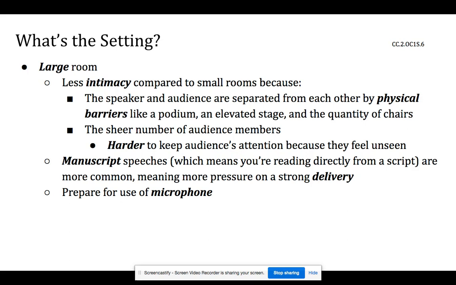And then lastly, for a larger room, prepare for use of a microphone. So you have a bigger audience, you have more people to project to. So it would be a good idea to call ahead to the venue where you're speaking and figure out what kind of microphones they have. If you can, request a specific kind of microphone you're more comfortable working with,